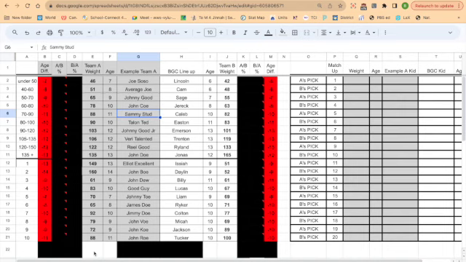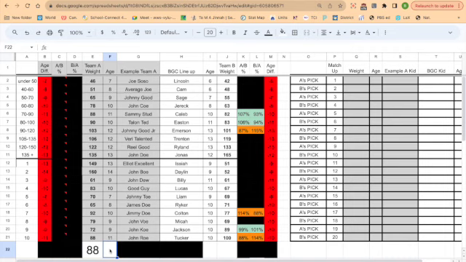What I would do is I would plug in his weight up here, and I will be the one controlling this in the meeting with the coaches. But the coach from Team A would suggest that Sammy Stud be presented. I'd plug his credentials in right over here, and we'd look over at the BGC lineup, and the BGC coaches would have multiple options. They'd have multiple options because there are multiple wrestlers on the BGC roster that meet all